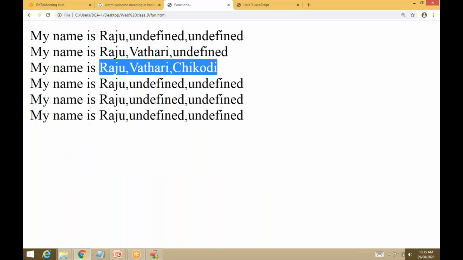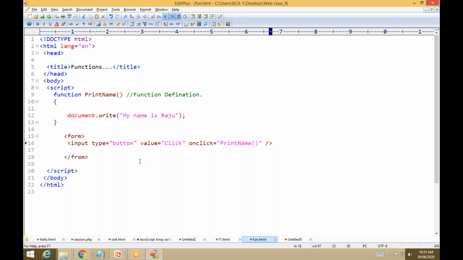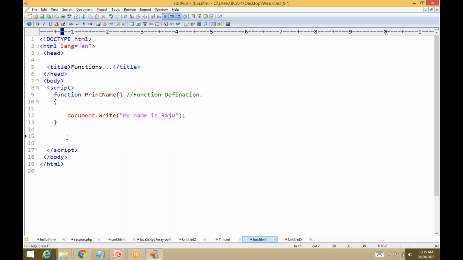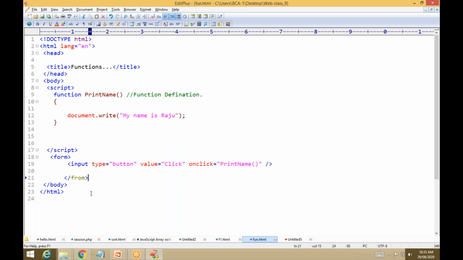Then come back here, see, the function from input type, sorry, not in JavaScript, within the body. Here you write this, not from the form. Then save, execute.